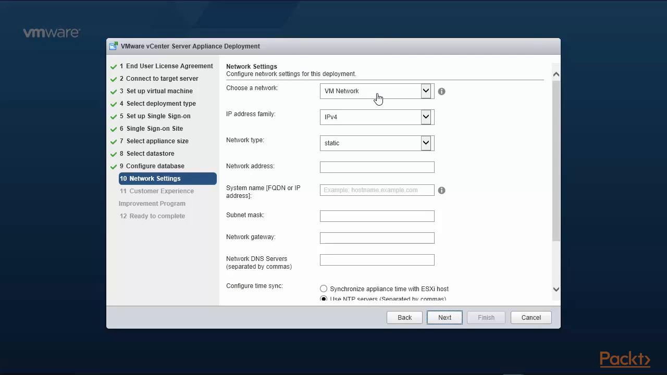Now I need to enter the network settings for that new virtual appliance. Network type is static. I have to specify a network address for it, 192.168.0.221. Because my primary vCenter is 220, I'll give this 221. The subnet mask is a 24-bit mask in this case. It needs it in this format. I wish VMware would standardize on this. My network gateway is